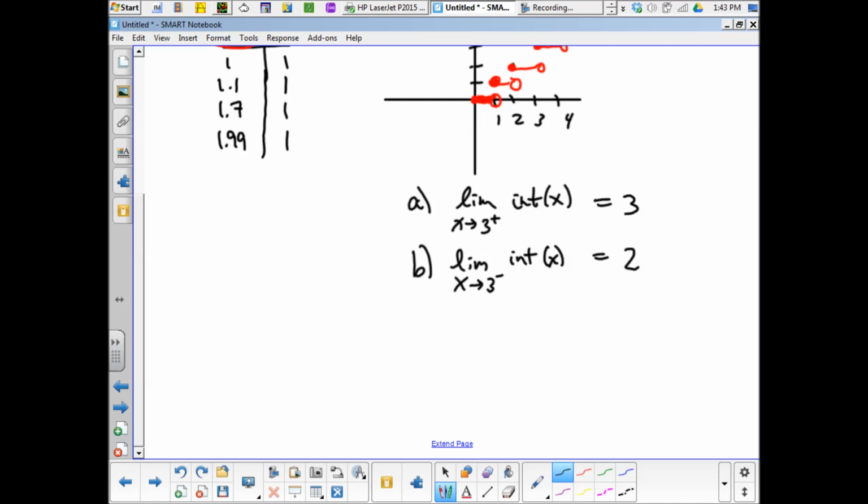If you're going from the left of 3, you're on the second rung, not the third rung yet. So I'll show you visually what I mean. If you're anywhere to the left of 3, approaching 3, you would think your destination was y equals 2, right? You wouldn't know your destination is actually empty when you get there, but your destination is 2. If you're coming from the right side, you're on this rung, so you'd assume that your destination is y equals 3, and it is. So these two are different answers. That can happen. The assignment that I posted on Edmodo